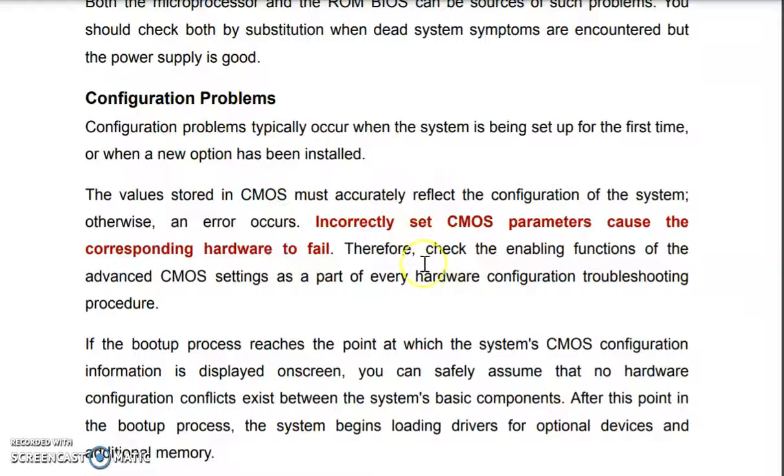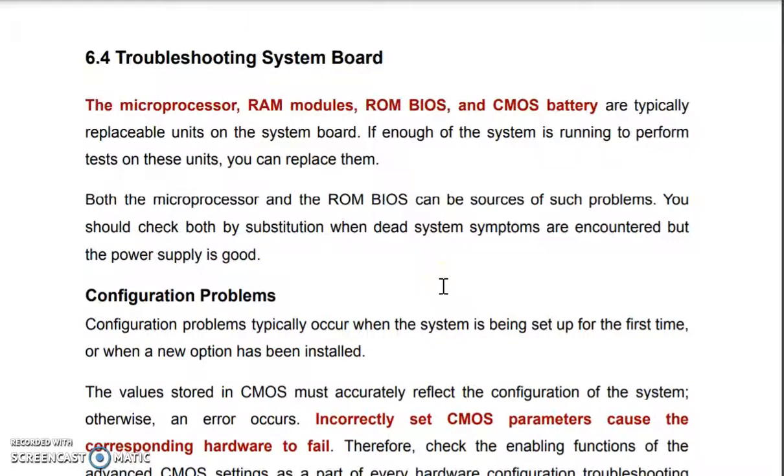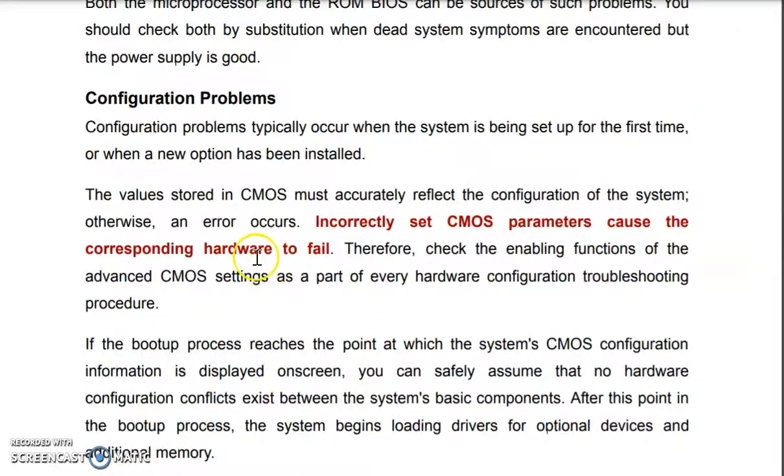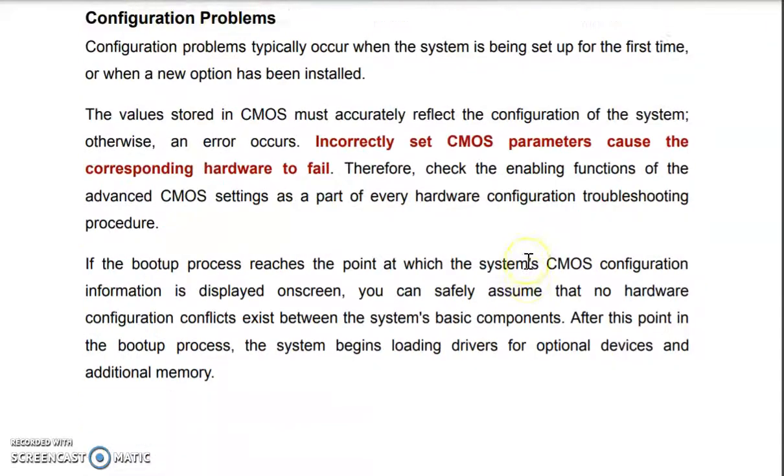There may be some configuration error. A configuration problem arises when you are setting up the CPU and motherboard for the first time, and it should be set up correctly. Basically you have to set up the CMOS, that is the CMOS date and time, then the BIOS configuration information, such as from where you are booting that particular device, then the priority setup, then the security environment that you want to build with this BIOS. You have to set that for the first time, and it should be set properly. If it has not been set, it might give some configuration problems.